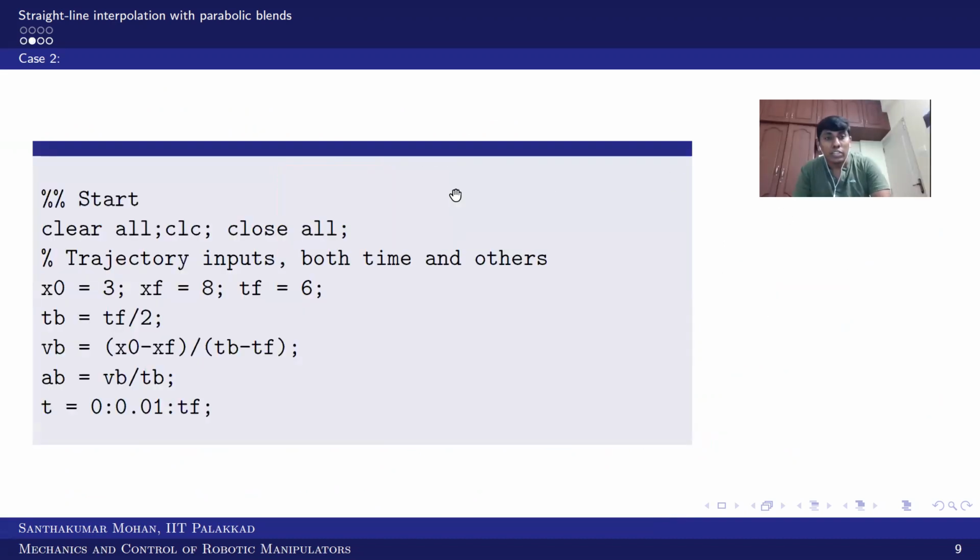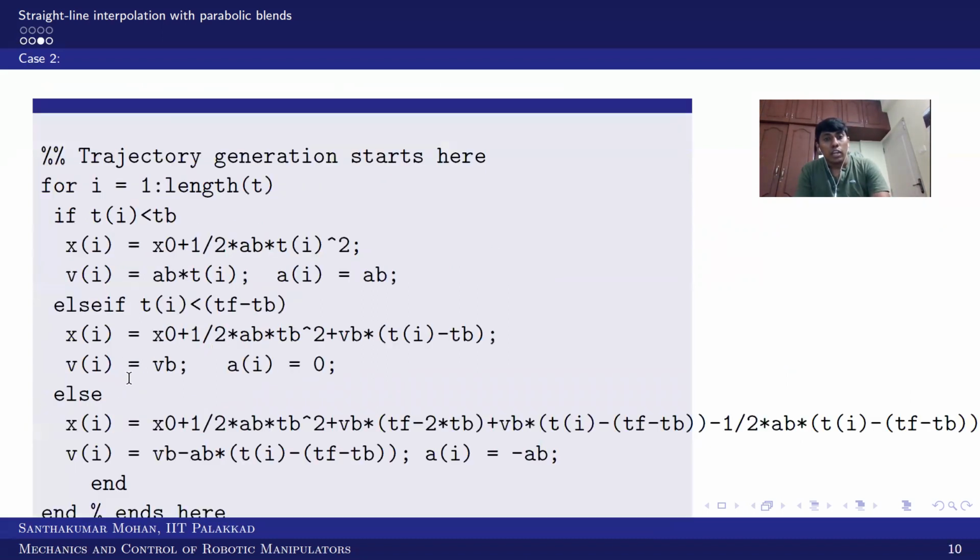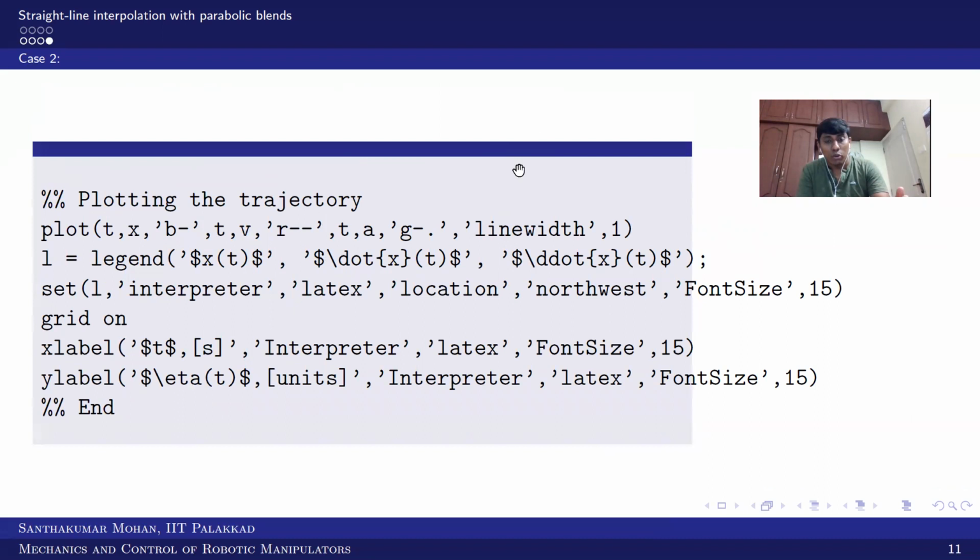Now you can see that we are not scaling up or scaling down, because it is by default. For simulation purposes, I have taken TB as the maximum, which we can take as TF by 2, in the sense of the total simulation time or total duration. This gives the maximum case, which is constant acceleration for the first segment and then constant deceleration. There would not be any constant velocity motion. That is the maximum you can obtain. So that is what we have done. Then the TB is found, VB we can find based on this equation, then AB can be found, right?